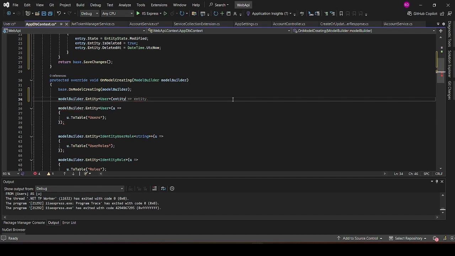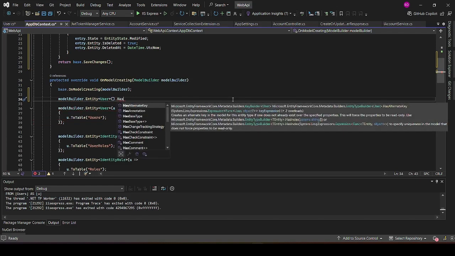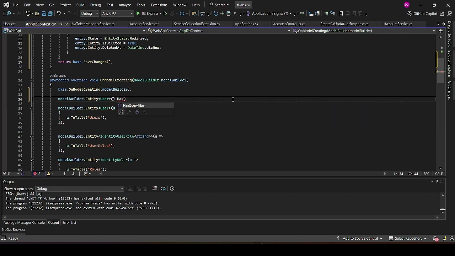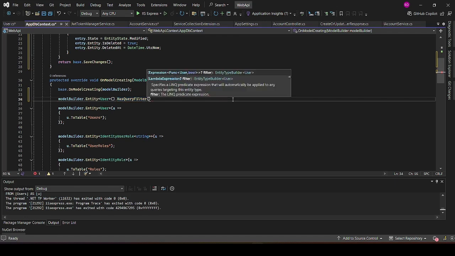So the user class is going to be dot has query, beg your pardon, dot has query filter. All right, and the query filter is going to be